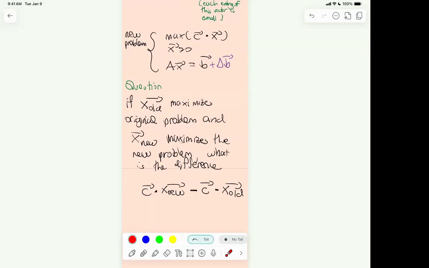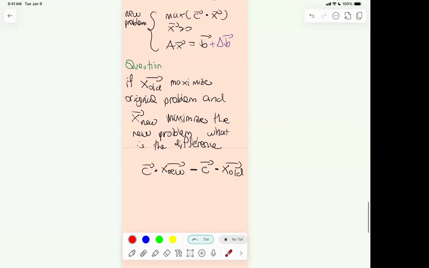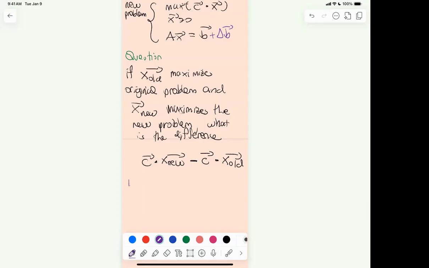So it cannot go possibly from the top vertex to one of the lower vertices. That would be a drastic change. So by continuity, it cannot occur if the change is really, really small. So essentially, just to write it more explicitly, the idea is that if the perturbation is small, if delta B is a small vector,